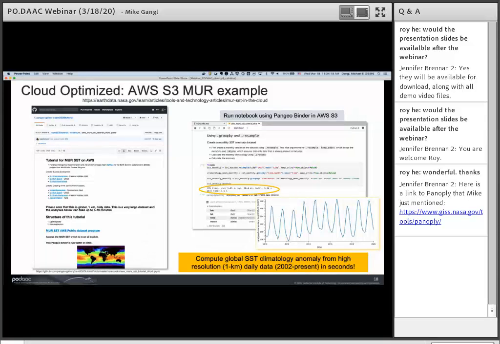So the MUR sea surface temperature collection is now in AWS or Amazon S3 storage space as part of Amazon's registry of open data. This particular data set is also available in a cloud-optimized format. Here it's in what's called Zarr. And if you go to that link at the top of the page, that's where the announcement of the data set being released is posted. And on that website, you will find several resources